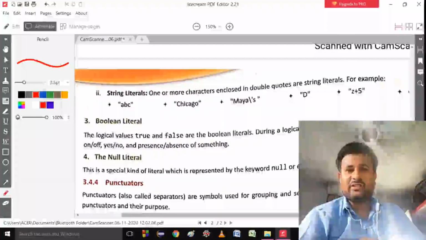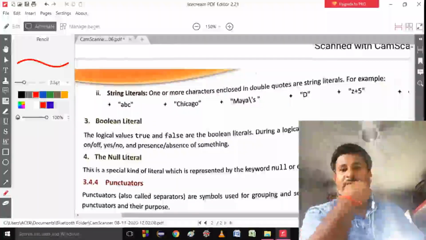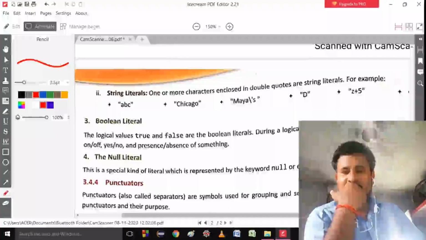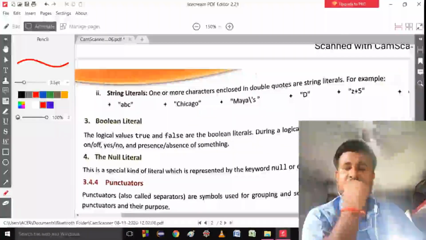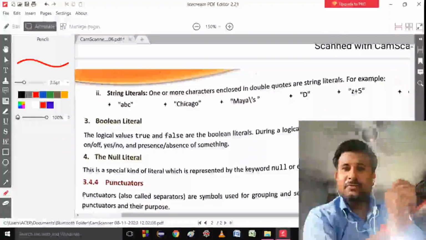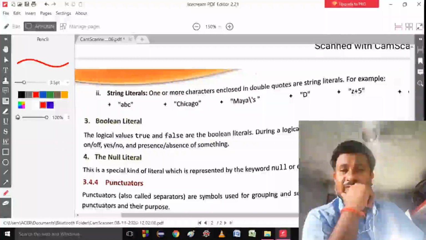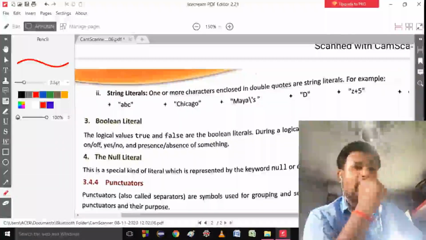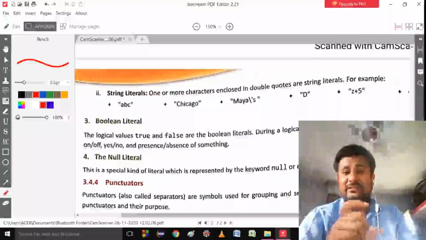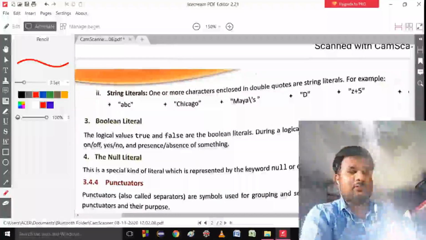So these are logical expressions. In logical statements you give a decision, like yes, I will go. If the decision is not correct, then you will say no, I will not go. So yes is represented by true, and no is represented by false. Basically these are the Boolean literals. These two values are called Boolean literals, so Boolean literals have two values, true or false.